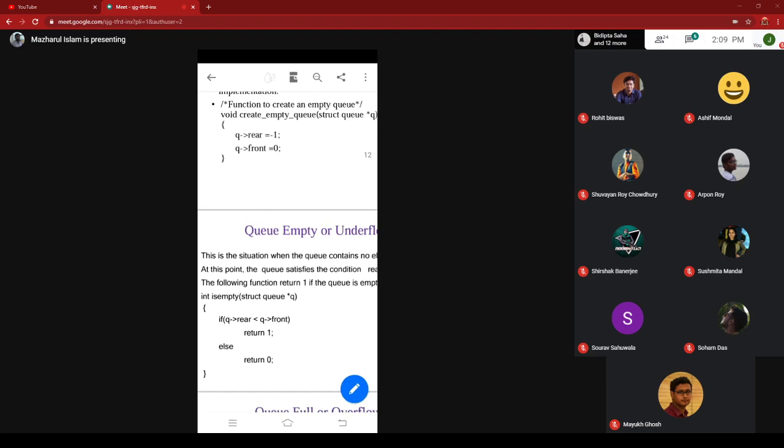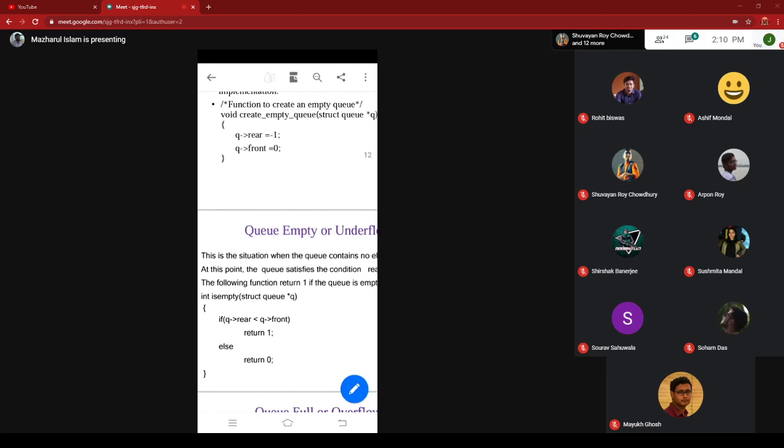Initially front equals 0 and rear equals -1. When at least one element is added, rear will be 0. In that case, the condition q arrow rear less than q arrow front will not be satisfied, which means the queue is not empty.